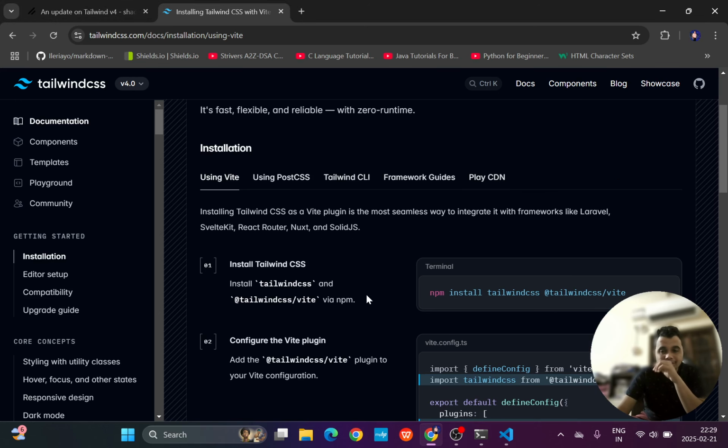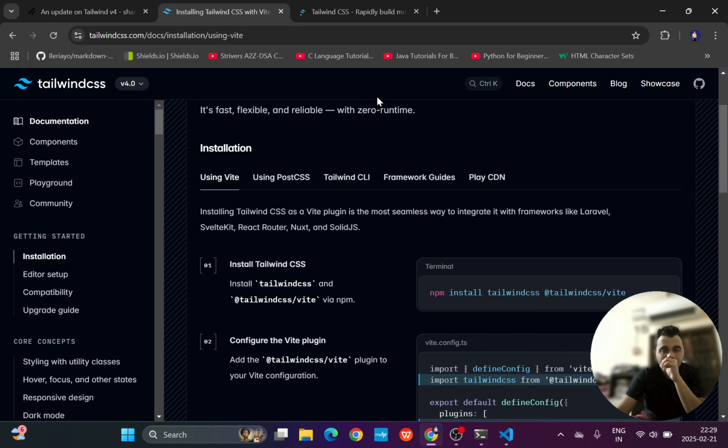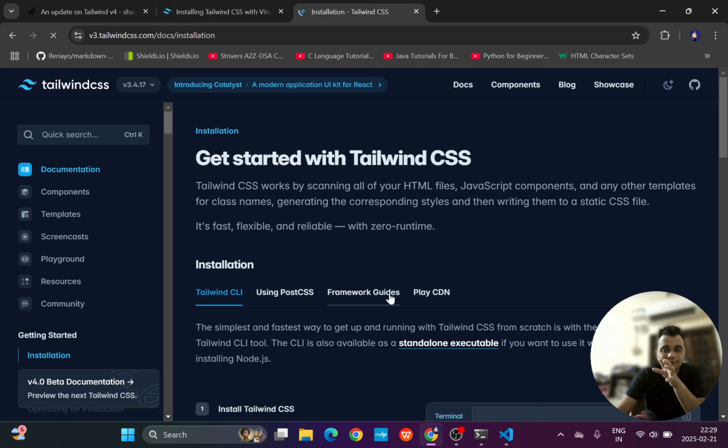Okay, let us have a discussion about Tailwind CSS V4 and Tailwind CSS V3. Now, let us discuss some differences. First of all, the UI has been completely changed. That's the difference about that website. Okay, so then the difference comes in with the